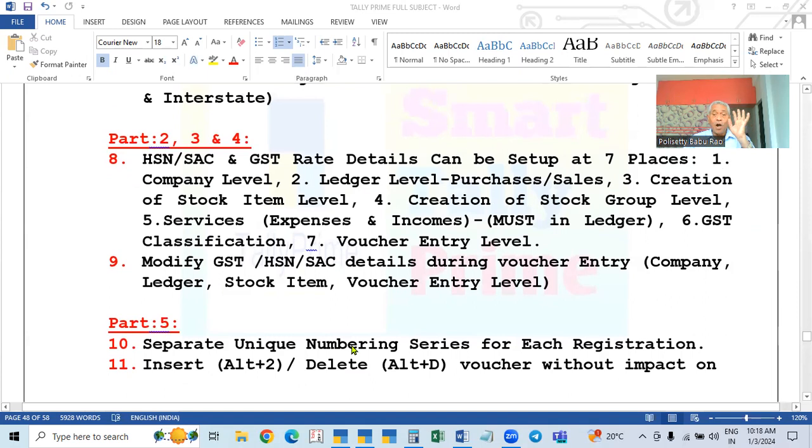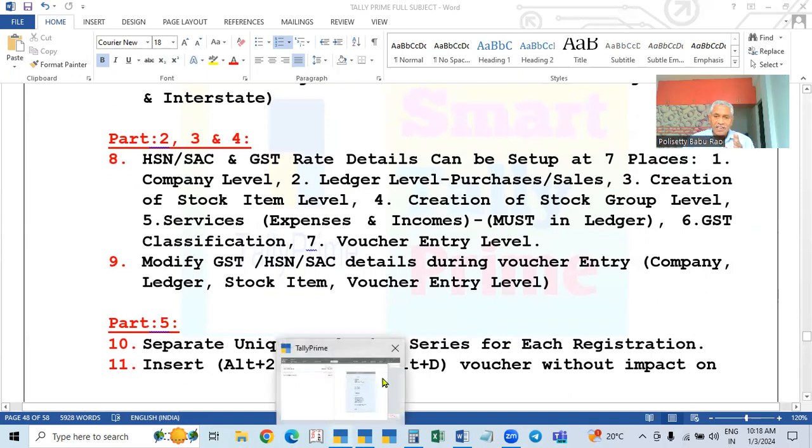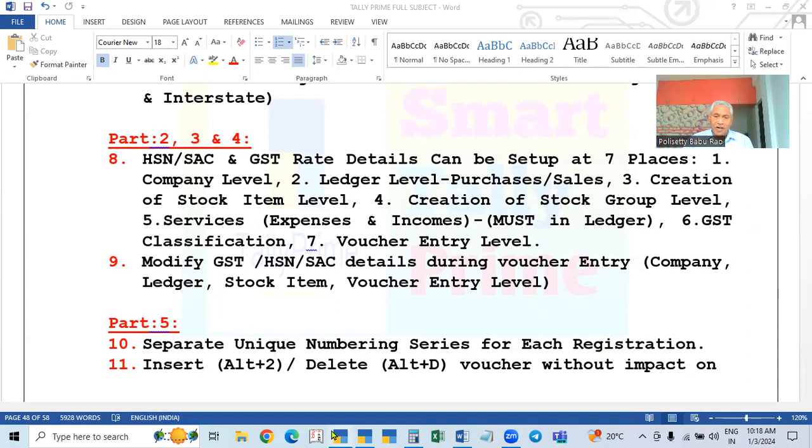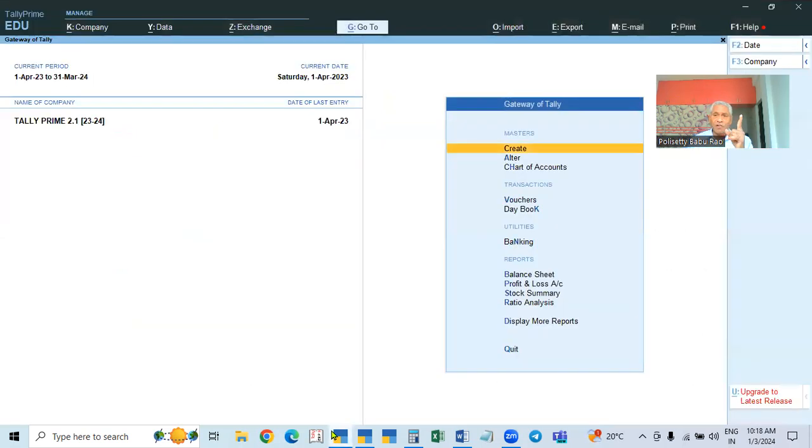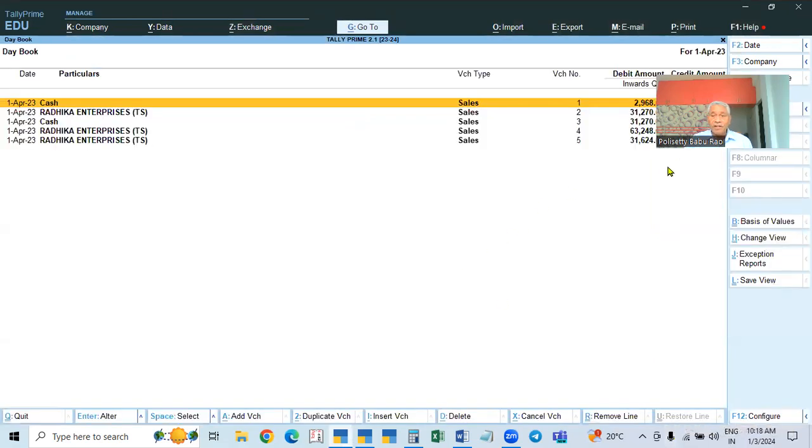So in this case, how to create? First of all, creating this unique numbering is available in 2.1 also, but only for one company, one registration, one numbering only we can create. For example, this is 2.1. In this case, if you want to create unique numbering, and one more thing, you see here, in the 2.1, already there are five